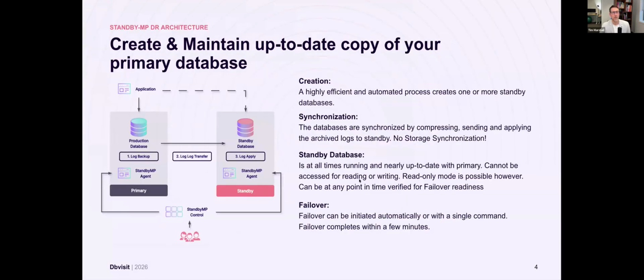Okay, so how does it work? Shalini will talk to you a little bit more into the details here, but we have the production database there on the left. Log backups are automatically taken by the Oracle database, and as we detect those, we transfer them to a standby database once we've created it. So we will first create that standby database using RMAN,